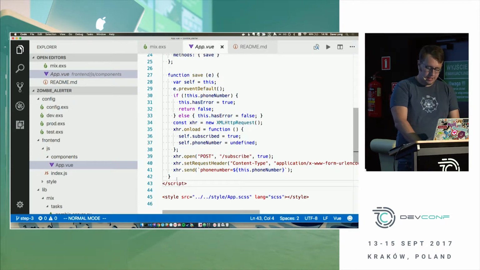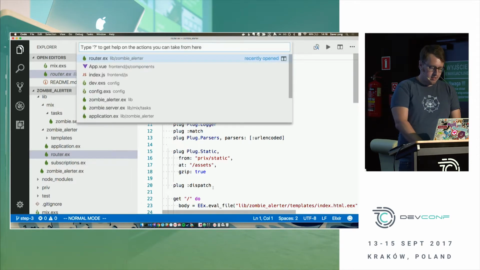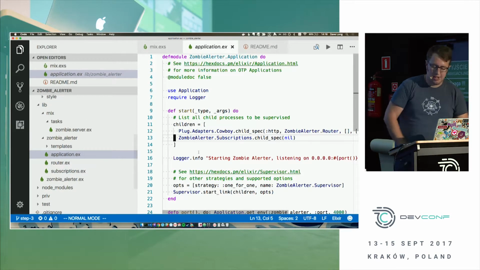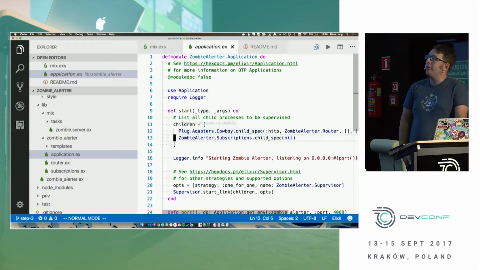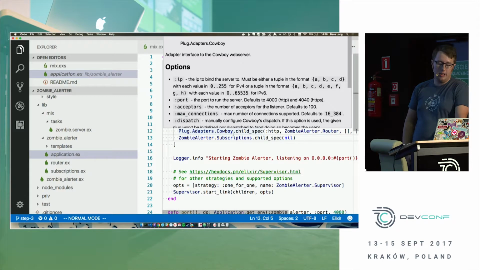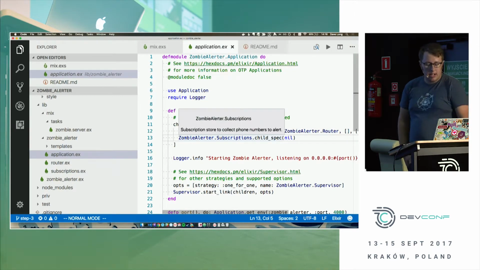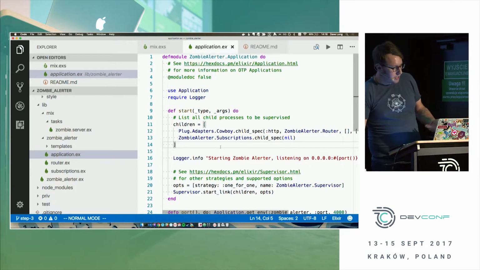So how was that server actually running? Well, let's take a look at the router. So I've added this in my application file. I've added two new children to the application. There's plug.adapters.cowboy. And that's part of the plug library. It'll create a cowboy adapter. So cowboy is the HTTP server